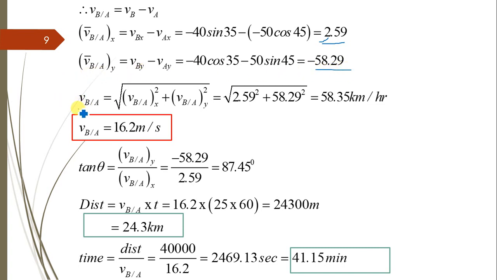And therefore, the relative velocity of B with respect to A is equal to the square root of VBA x squared plus VBA y squared. Substituting the values, finally we get 58.35 km per hour, or we can say 16.2 meter per second. Similarly we can mark the direction also, that is tan theta equals VBA y divided by VBA x, therefore theta is equal to